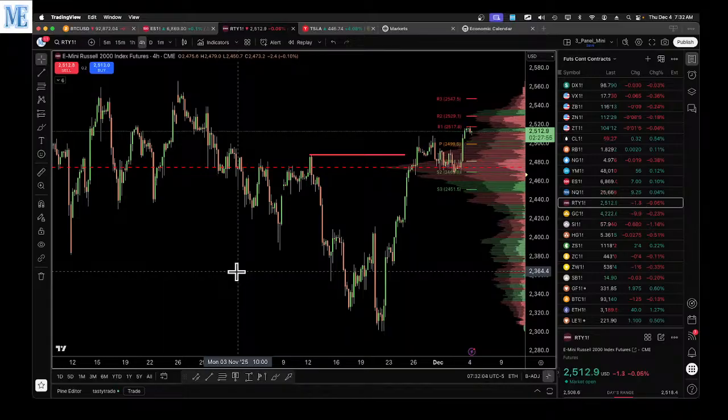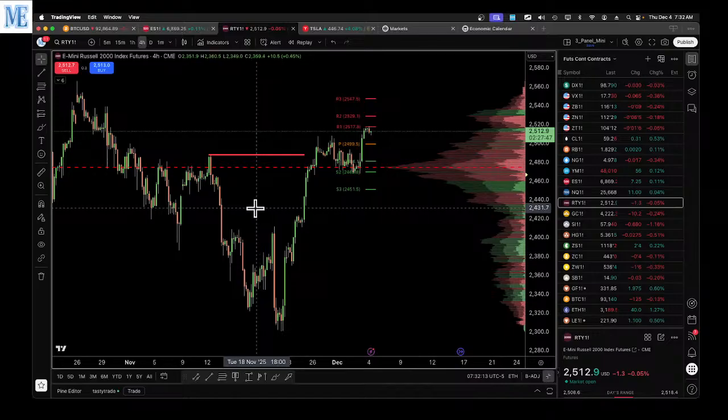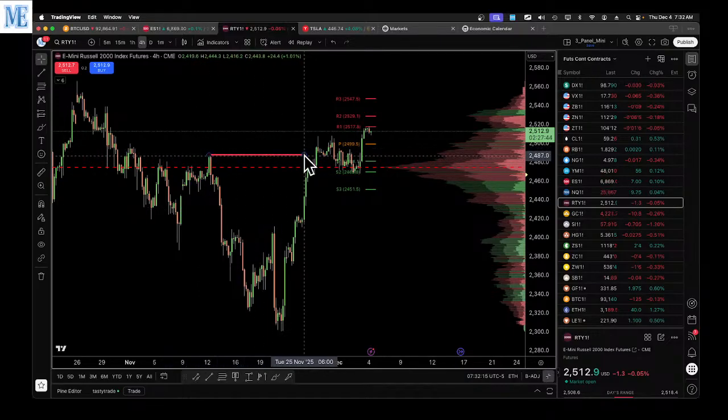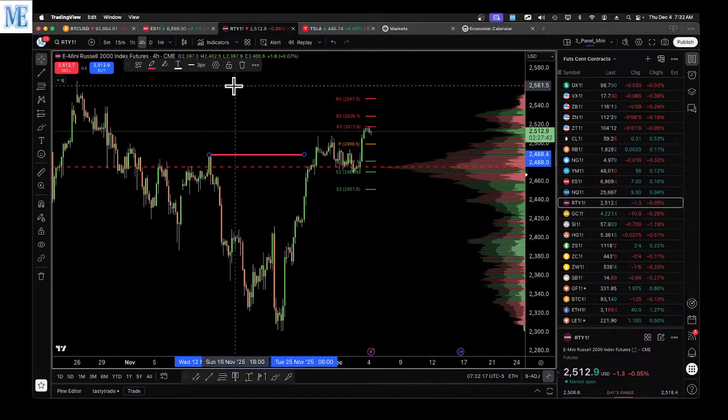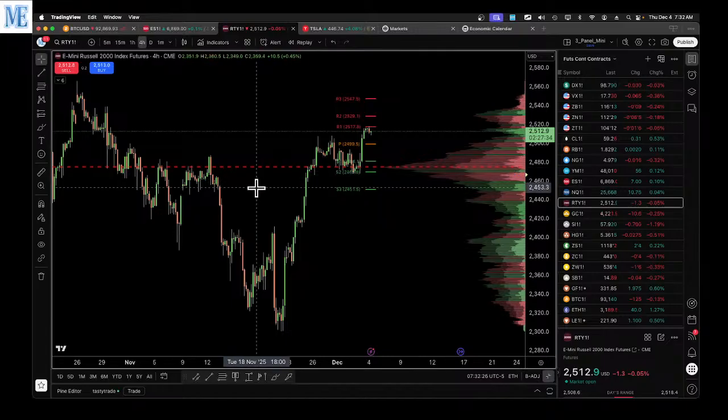And more demand for loans because of... So anyway, the Russell had a really, really nice day. We broke out of this little line here, which we don't even need anymore, so I'm going to get rid of that. But we still have S2, which is a pretty good spot here. It is kind of a ways away,